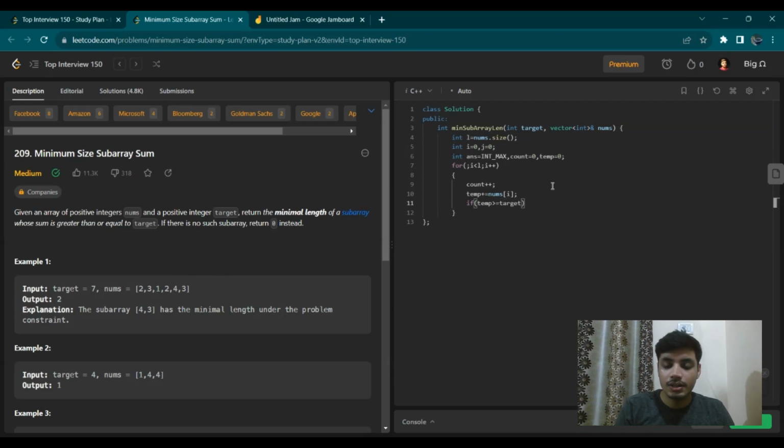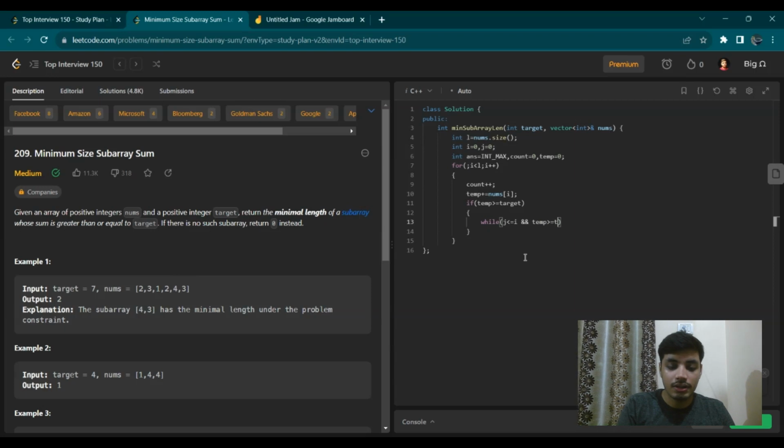If this value is greater, we will run a while loop, and this while loop is going to move our j pointer. So we need to check until our j is less than or equal to i, we have to run it, and another condition is going to be if our temp is greater than or equal to target. If these two conditions are satisfied,